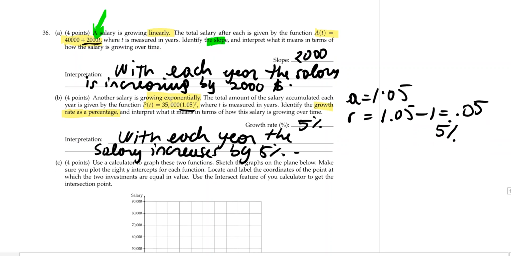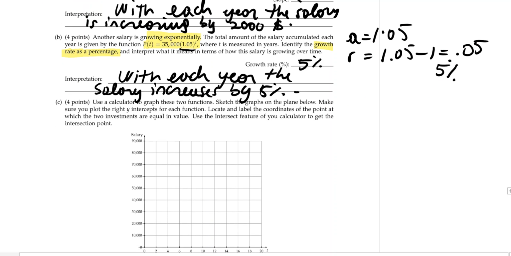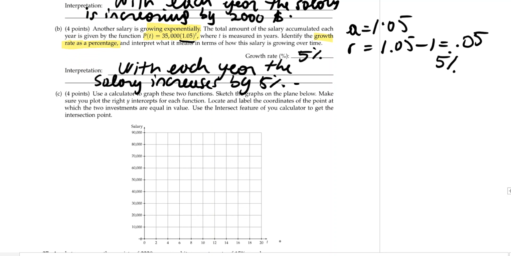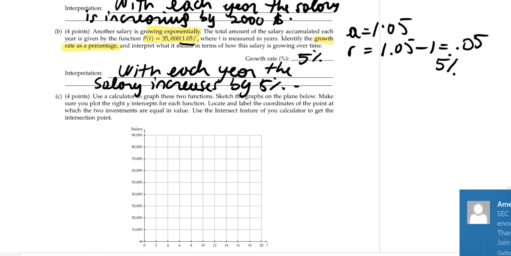Now use a calculator to graph these two functions. Sketch the graph on the plane below. Make sure you plot the y-intercept for each function. So this is the salary and this is the time. We know that the first one is a linear function with y-intercept 40,000. So the line will start here, and then